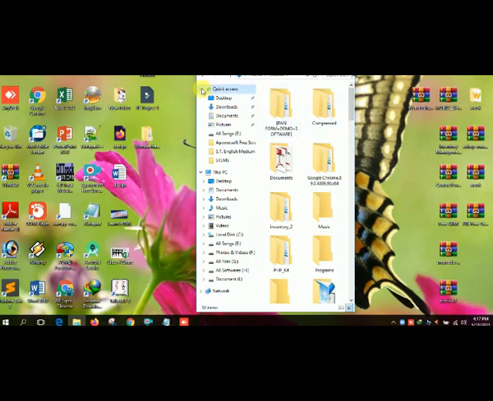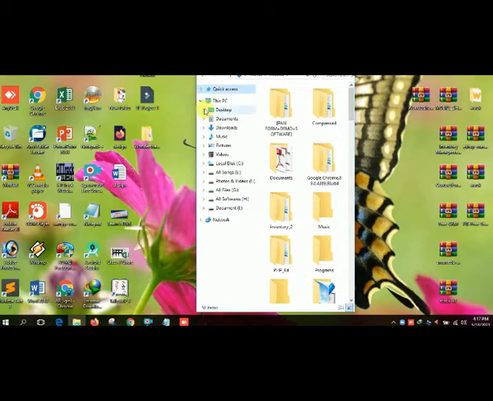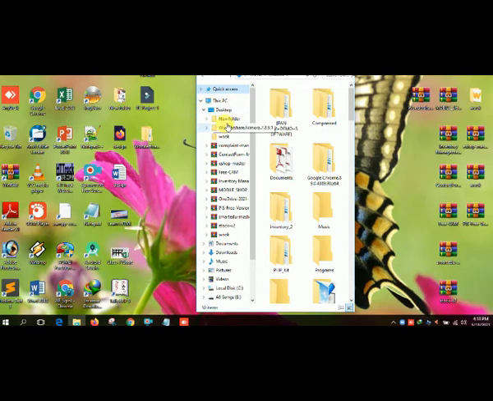Next, Desktop. It is an option which opens and shows all the documents that are present on the desktop. It is called desktop, and desktop means home screen. So you can easily find it. Desktop shows files and folders, and you can see the folders here. New folder, where is my new folder? This one.